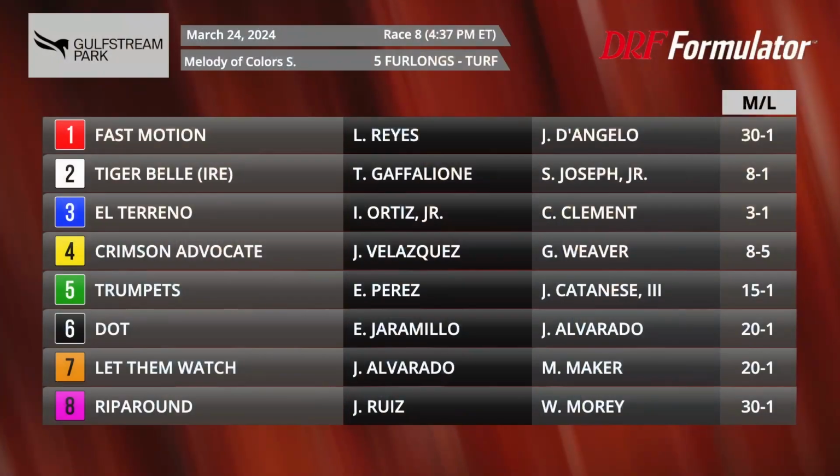The DRF race of the day for Sunday, March the 24th, race number 8 at Gulfstream Park. We're going 5/8 on the turf. It's the Melody of Colors for 3-year-old fillies. Let's take a look at this field, and there are some very promising horses in this race, led by the